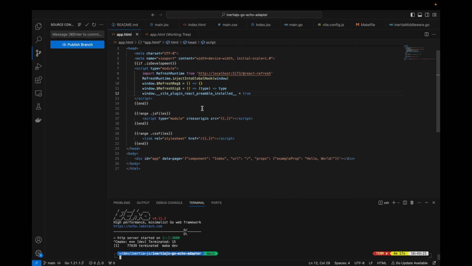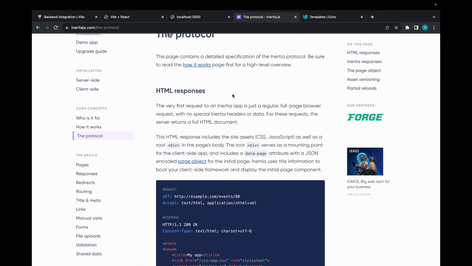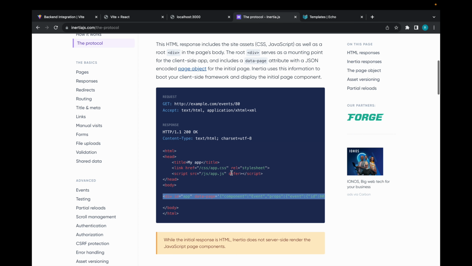So we're going to continue to implement the Inertia protocol. This time we're going to look to add the props dynamically into the index page. So we will jump to the Inertia protocol reference, and we've partially implemented the HTML responses in that we can